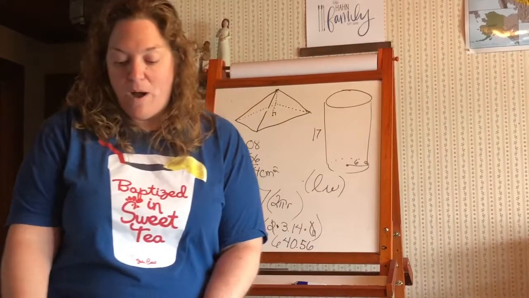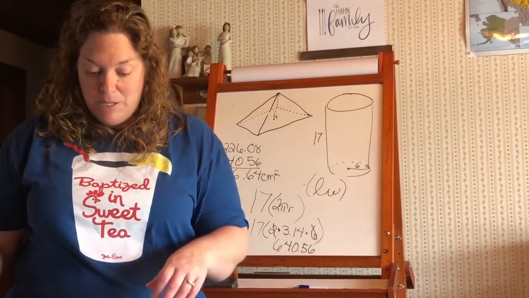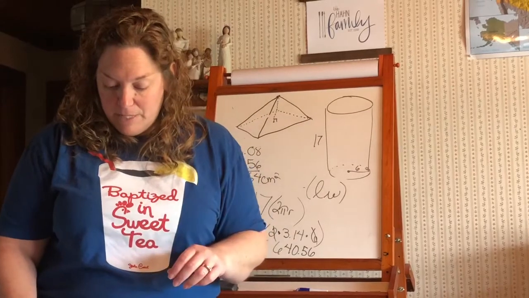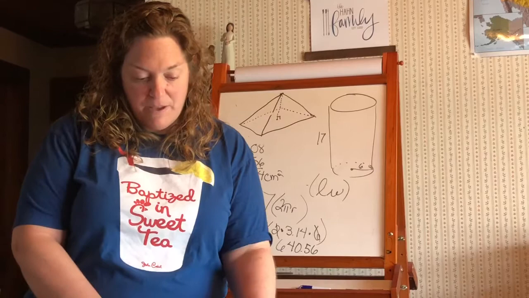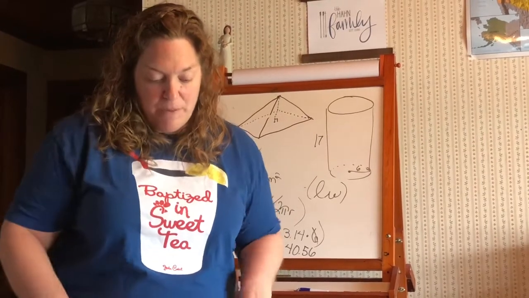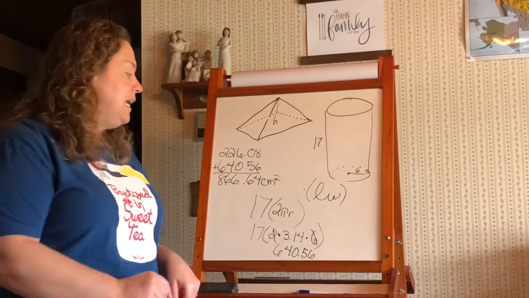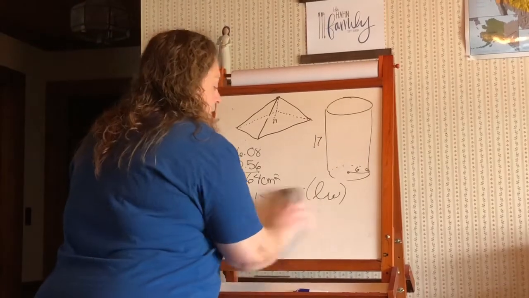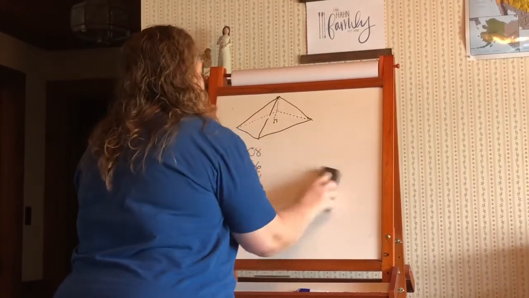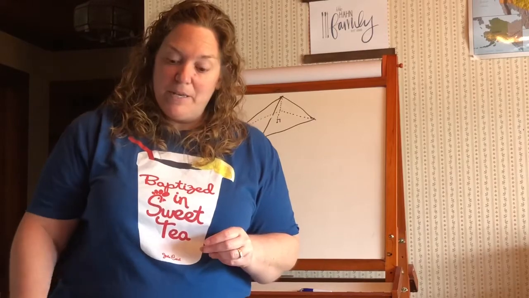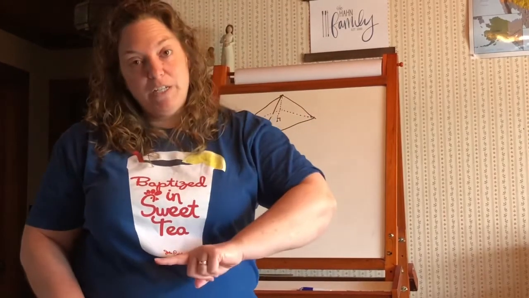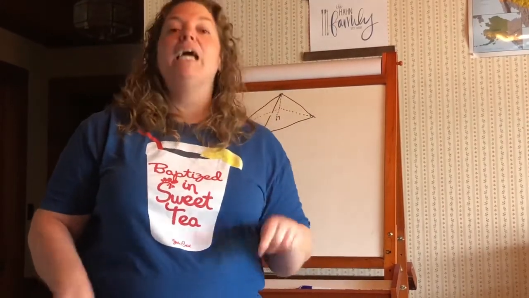So finding the surface area of a cylinder requires a lot of steps, but you can do it. Okay? So that's all covered if you need to review that on pages 576, 578. Turn the page to page 578 and you will see a pyramid. So now we're going to do these fun things for pyramids. We're going to find the area of a pyramid and the surface area of a pyramid. And then we'll do the area of a cone, surface area of a cone, and then that will wrap up